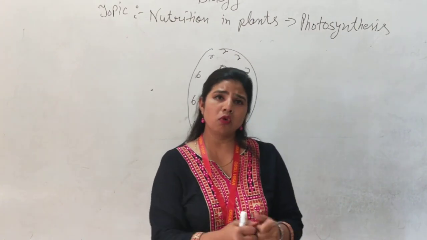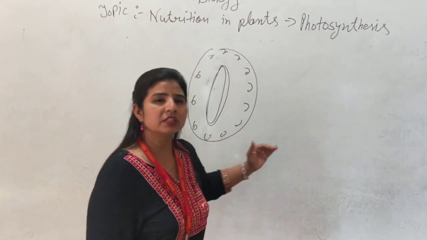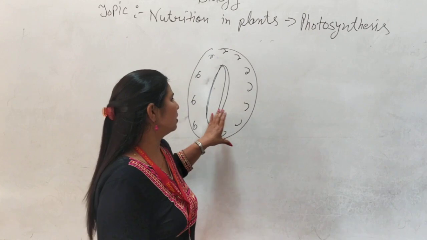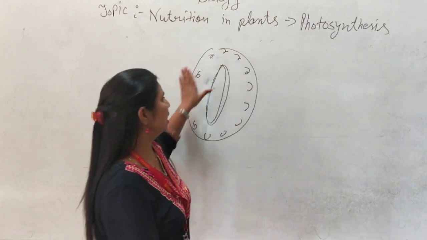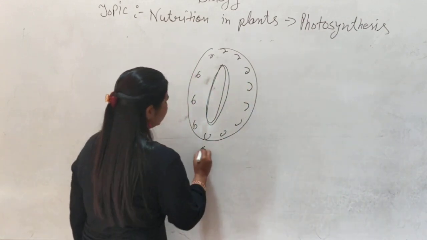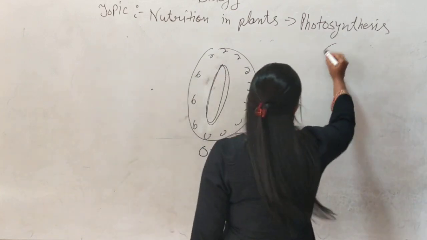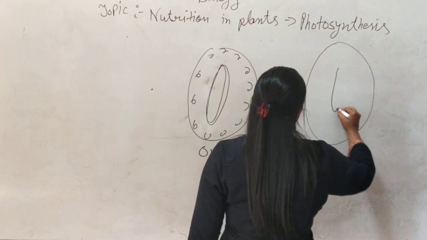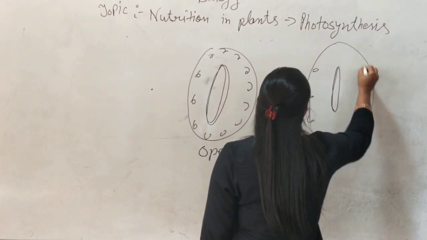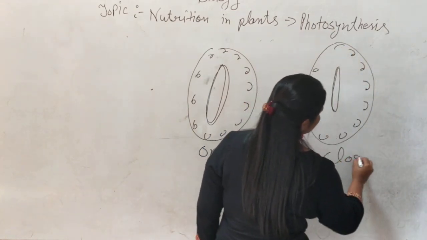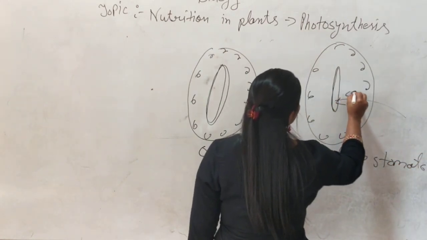What is the duty of a guard? To open the door and close the door. So whenever sunlight is more, the release of more water through transpiration should be stopped. What do the guard cells do? They close the stomata's mouth. So you can say this is an open stomata. Here you can say another where the guard cell is closed. Closed, to save the water from escaping more. Closed stomata, and through here CO2 enters.